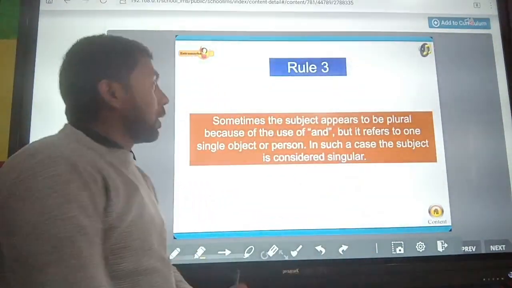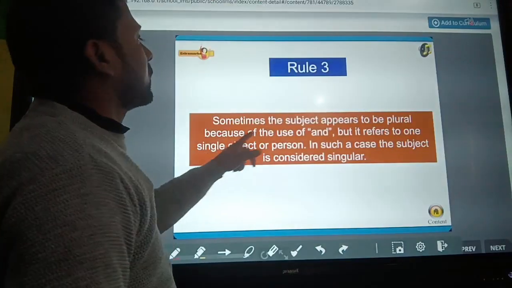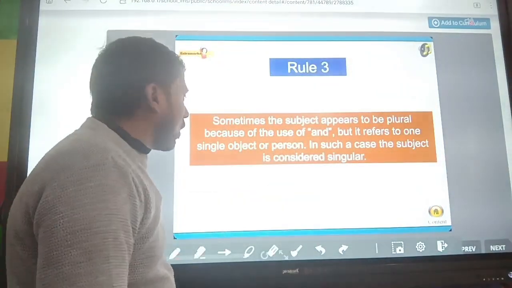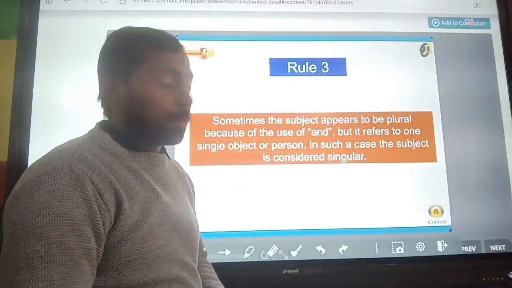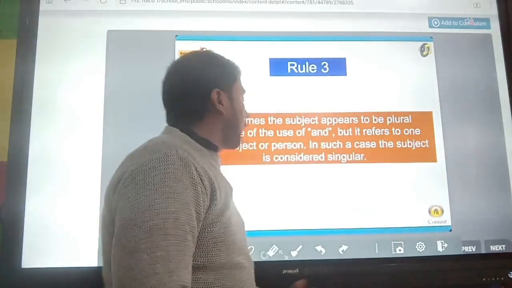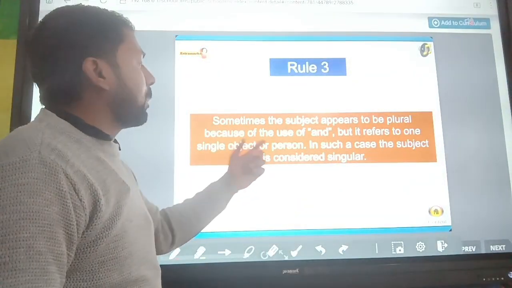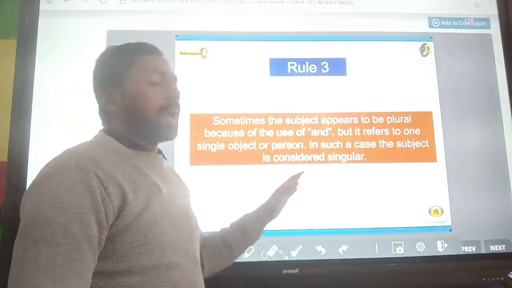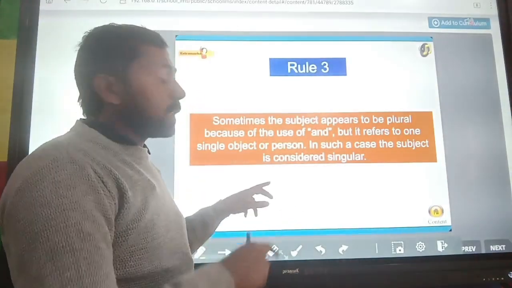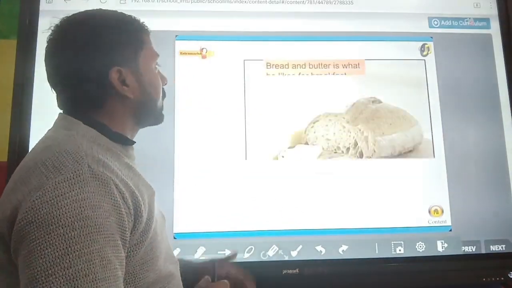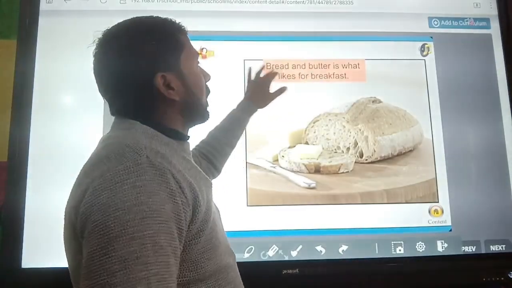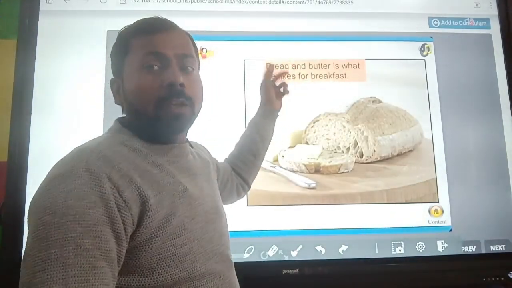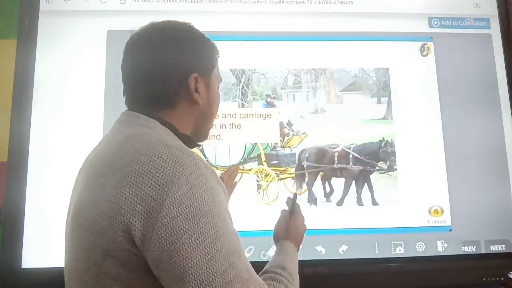rule number 3. Rule number 3. Sometimes the subject appears to be plural because of the use of "and", but it refers to one single object or person. In such a case, the subject is considered a singular number. You can see the example of this: bread and butter. Here bread and butter are both different, but it's referred to